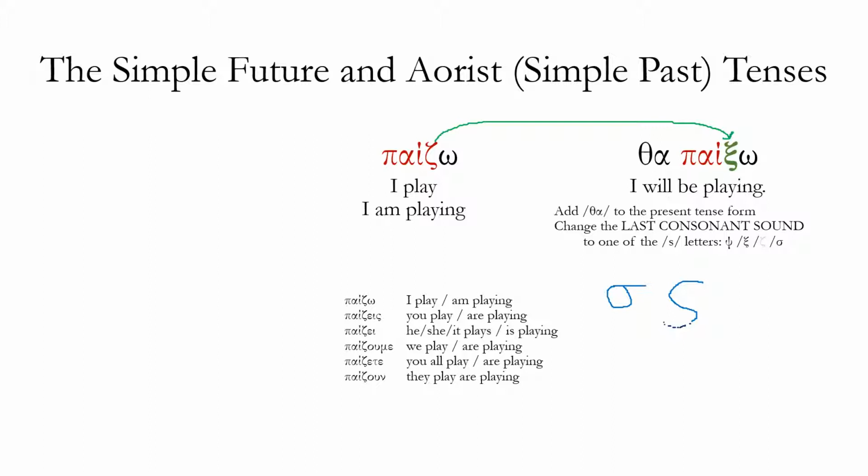But we also have psi. Ps. This is a late letter in Greek. Before this letter was created, we had this. Ps. And it was decided that it was just inefficient to write this as two letters, so they invented this one. So we've got S and Ps. We also have